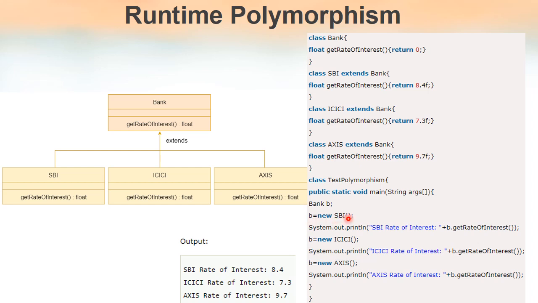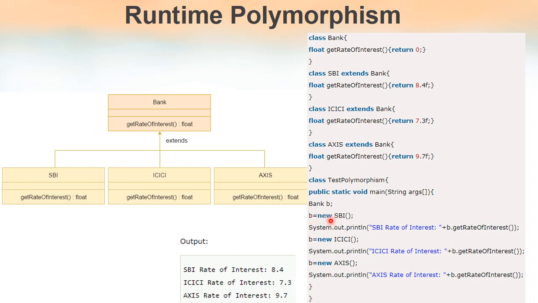So when we write B equal to new SBI, since SBI has two getRateOfInterest methods, this reference variable can access two getRateOfInterest methods, right? So when we execute B dot getRateOfInterest, which of those two methods will get executed? That is the question. B is the object of class SBI.